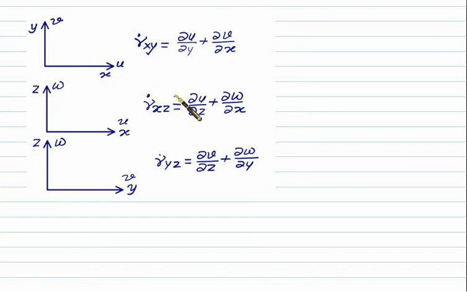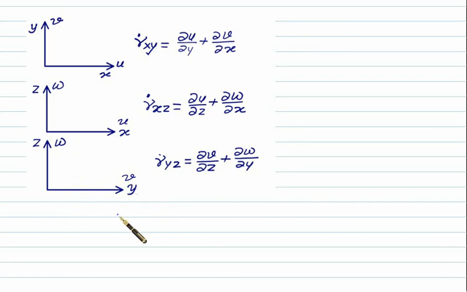If you are interested in writing down the shear strain along the plane xz, then on the x direction you show the velocity u, and along the z direction show the velocity w. In that case we can take the cross here, that is del u by del z plus del w by del x. And if you are interested in the shear strain along the yz plane, in that case you have to show the y and z axes. Along y you show velocity v, along z you show w, and then the shear strain along the yz plane will be equal to del v by del z plus del w by del y.